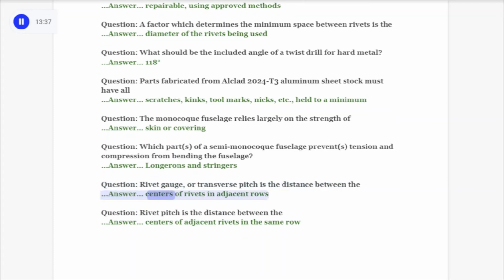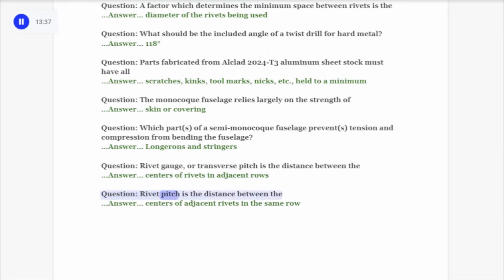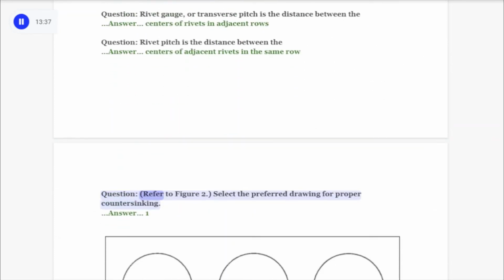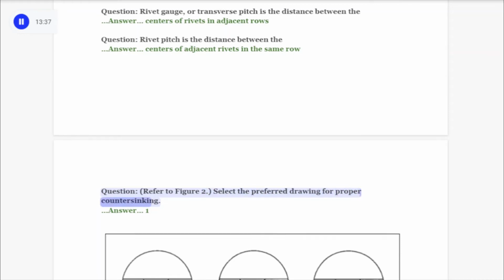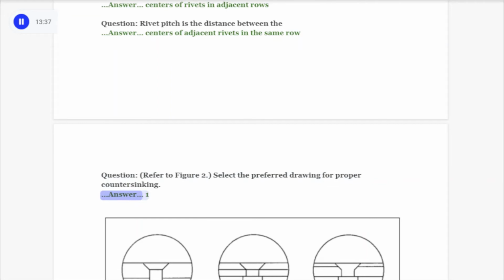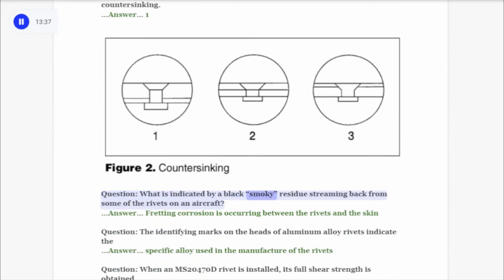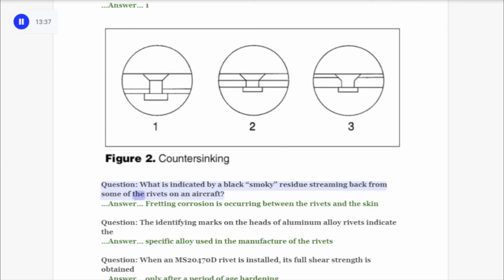Answer: Centers of rivets in adjacent rows. Question: Rivet pitch is the distance between the? Answer: Centers of adjacent rivets in the same row. Question: Refer to Figure 2. Select the preferred drawing for proper countersinking. Answer: 1. Question: What is indicated by a black smoky residue streaming back from some of the rivets on an